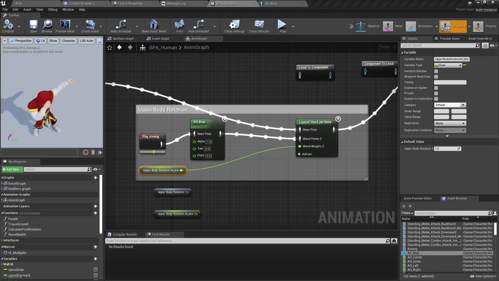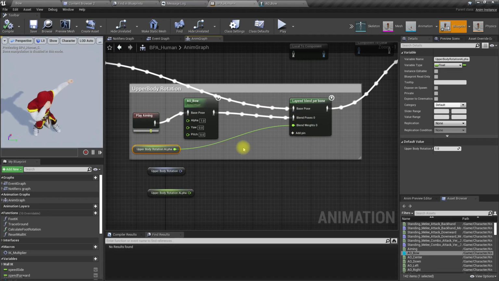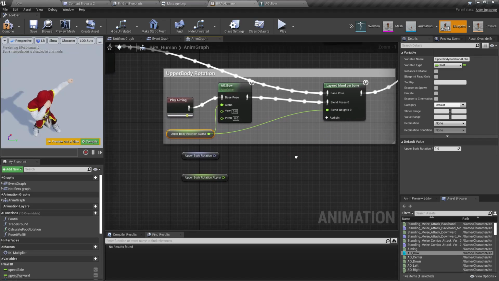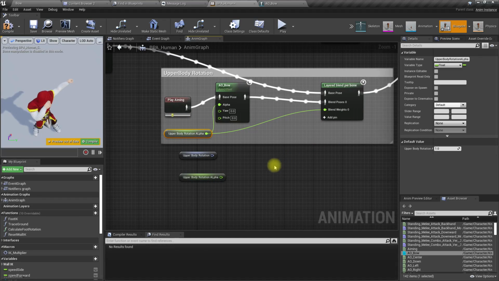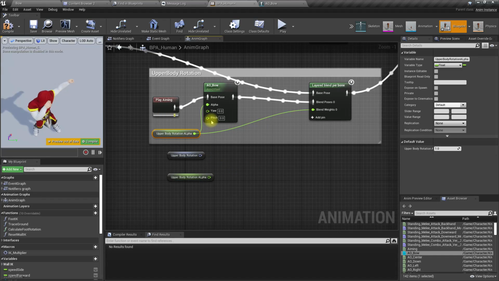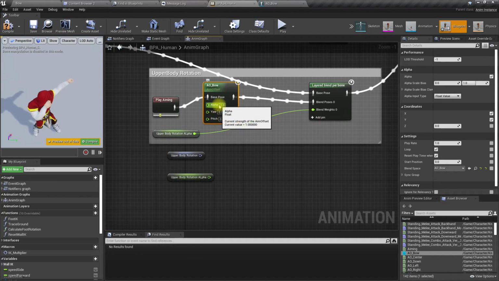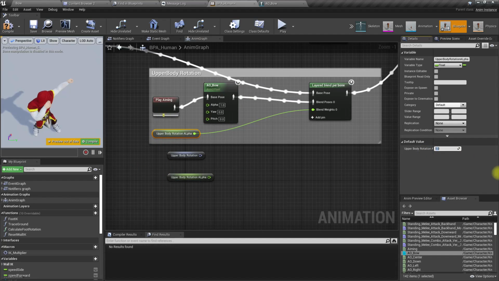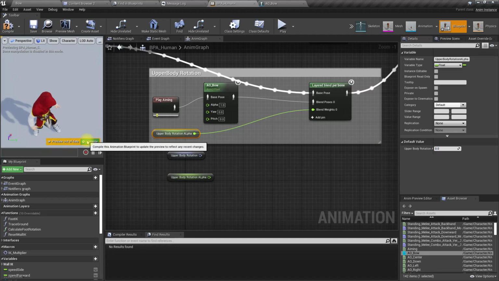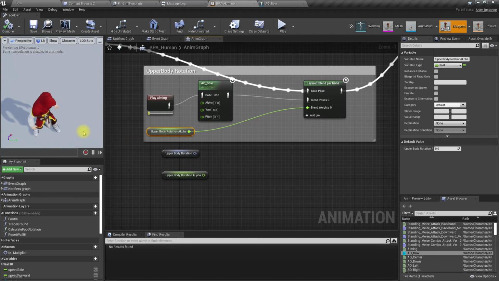Right. And now for the alpha, I'll use this upper body rotation alpha, and oh no, that could be one always. And I'll make this one 0 back because we are not always aiming.